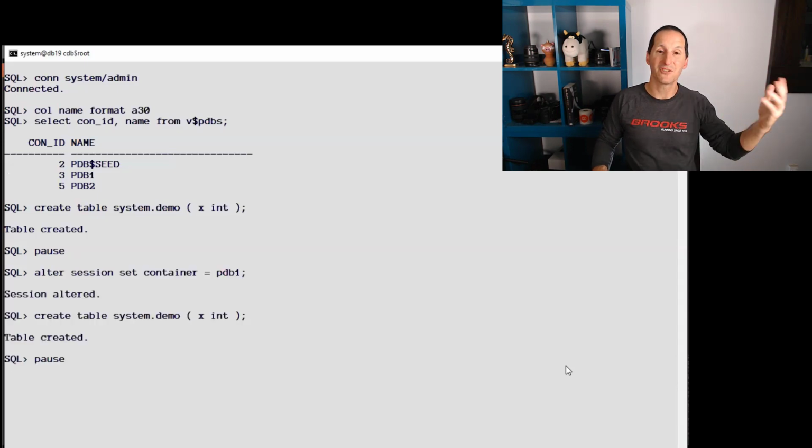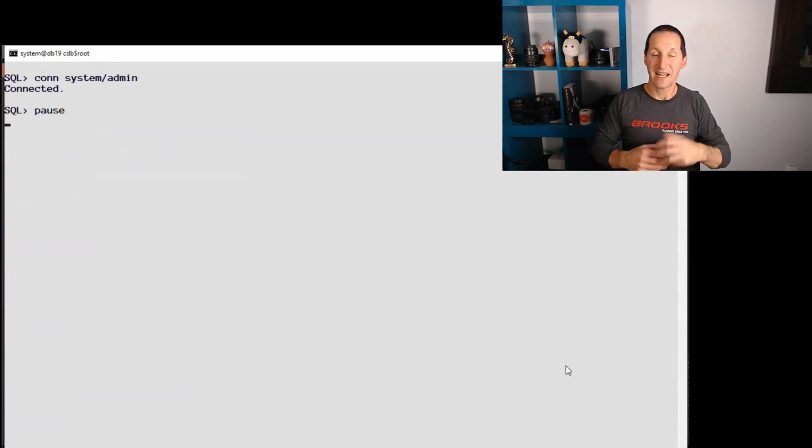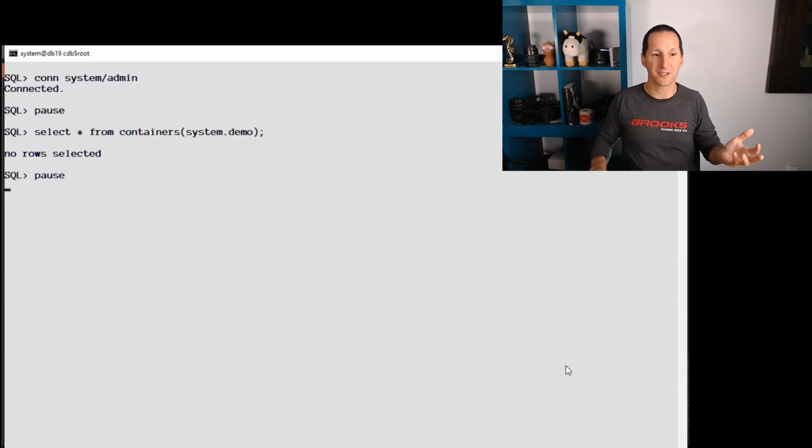I'm then going to jump into, so that was in the root. I'm then going to jump into the PDB1 and create the same table there. I'm then going to jump into PDB2 and create the same table there. So I've actually got three tables called demo here under the system schema, one in the root and one in the two PDBs. If I now connect back as the root, so I'm back in the root,